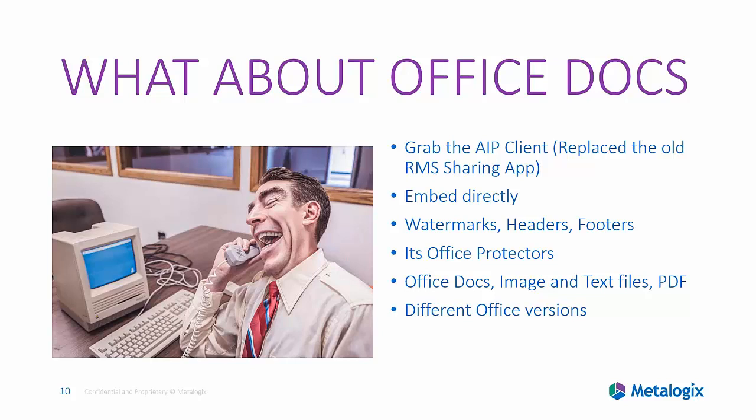Go to your Windows Explorer, grab a docx or an XLSX or a PPTX and rename it to a .zip, and you'll be able to see the XML content of the actual document. And that's how Microsoft started working with being able to protect and lock down content using Office protectors